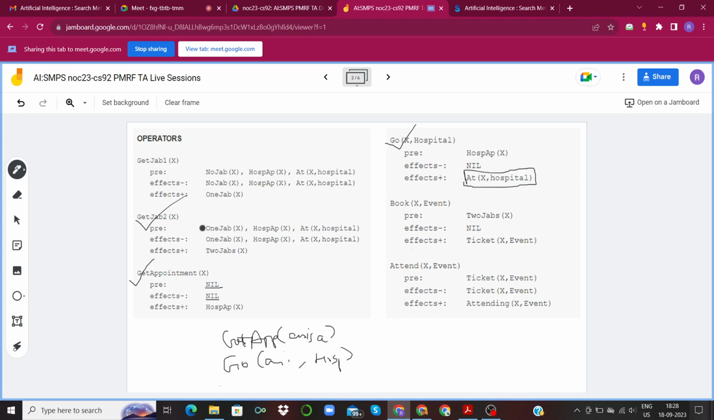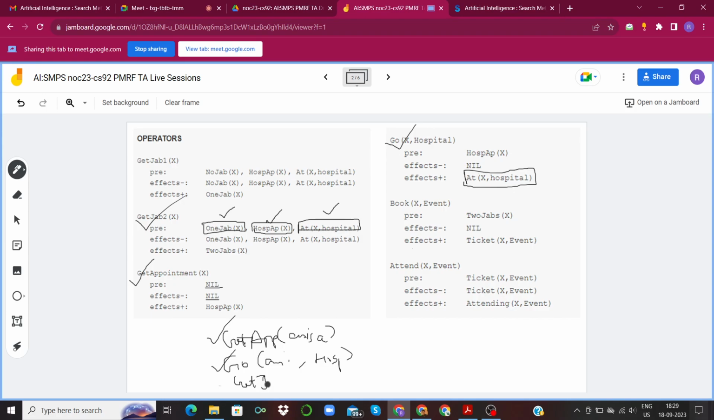be satisfied. We are already told in the initial state that Anisa had a shot of vaccine, so this is already satisfied. Because of the application of our get appointment operator in the first step, this hospital appointment X is also satisfied. And as a result of application of this go Anisa comma hospital in the second step, this at X comma hospital is also satisfied for Anisa. So all the preconditions are satisfied for this getJab2 operator. So we will apply that in the third step,